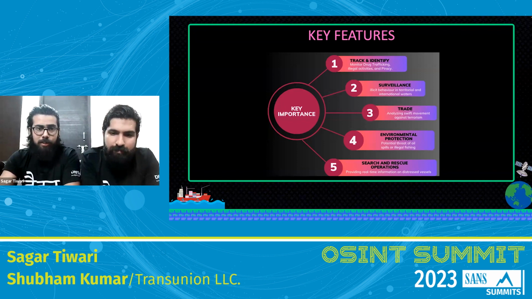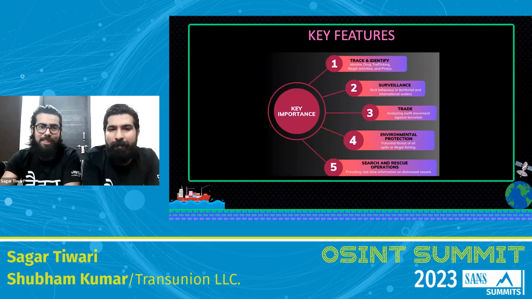For environmental protection, maritime intelligence gives you the ability to analyze illegal fishing activities as well as find anomalies in oil spillage cases. For example, in India, we have the Sundarban Delta, one of the biggest in the world. It is full of flora and fauna. Maritime intelligence helps to track down any kind of illegal fishing or poaching that is happening, and in total, maintaining environmental sanity. In terms of search and rescue missions, or SAR missions, maritime intelligence provides real-time data about distress vessel calls, so help can be sent to them in the quickest manner possible.